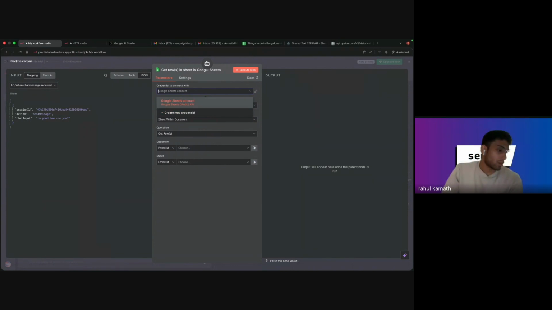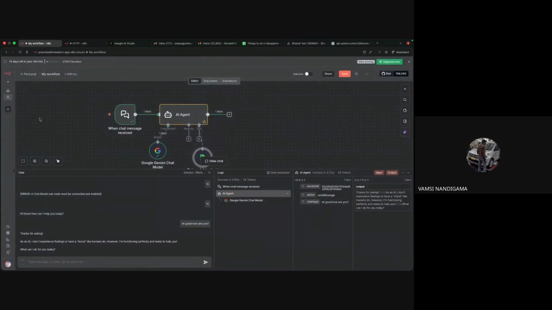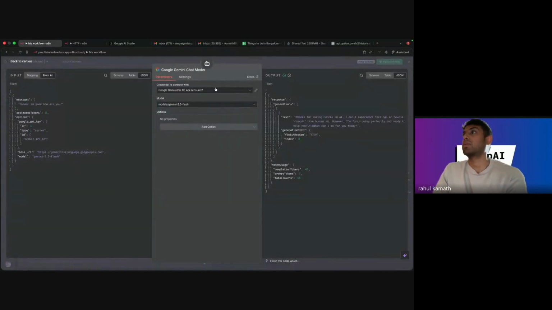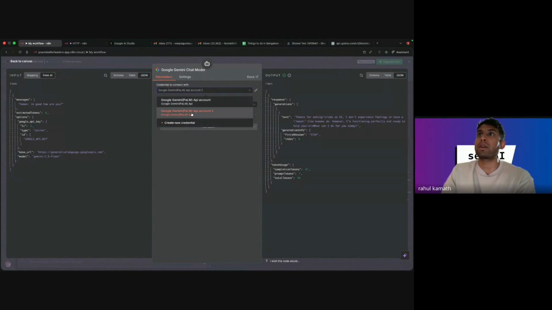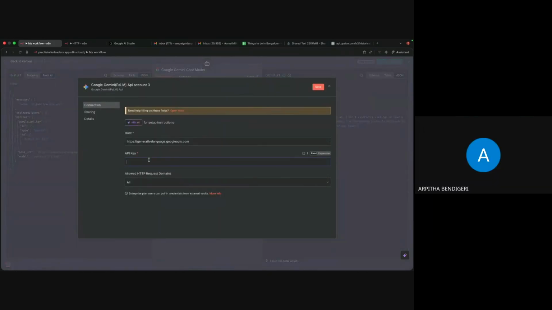Arpita, you had a question? Yeah, so I'm getting an error. I'll tell you exactly what it is. Same here. It says bad request. Please check your parameters. Once I put my API key for the Google Gemini chat model agent. Okay. Showing bad request, is it? Yep. So did you get something like this where it showed the credentials has been created, or you're getting bad request on the screen? I'm getting bad request on the screen.